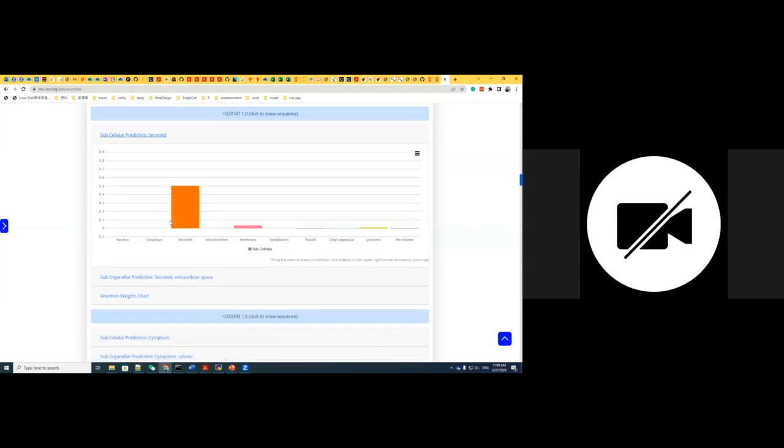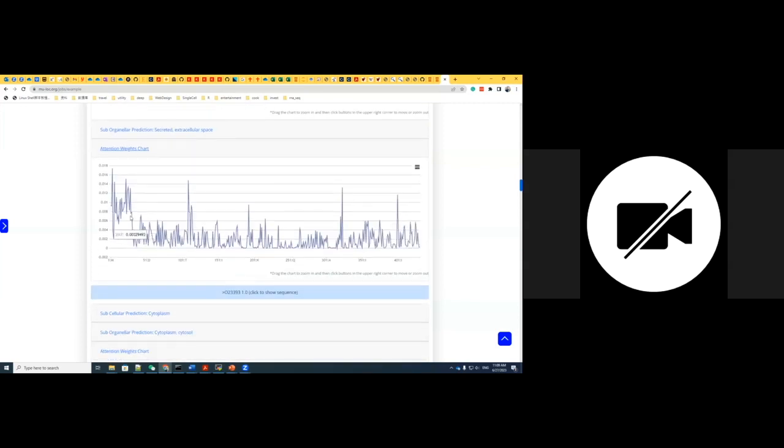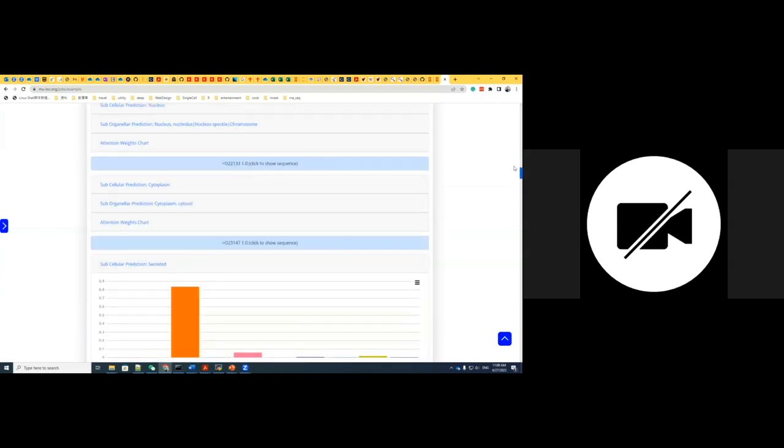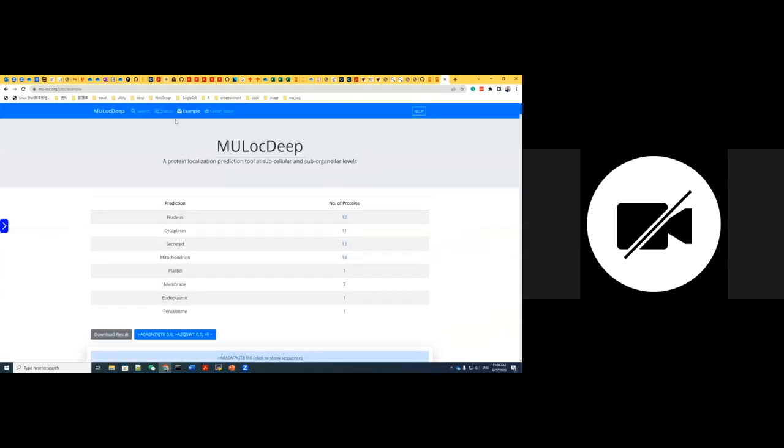For example, this is a secreted protein. You can see the signal is much higher in the N-terminal. So it is consistent with our knowledge, and you will see maybe this one is a margin because of this sharp reduction of attention weights. Okay, so